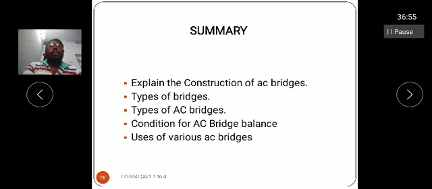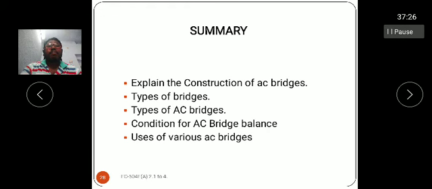And also with the help of the Kelvin bridge, we are calculating the unknown resistance with high accuracy and precision in this particular Kelvin bridge. That means that among the DC bridge designs, we are having the Wheatstone bridge and the Kelvin bridge. Now we are having more bridge circuits in the AC.